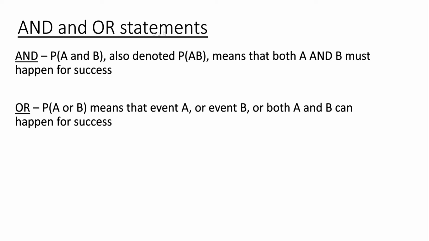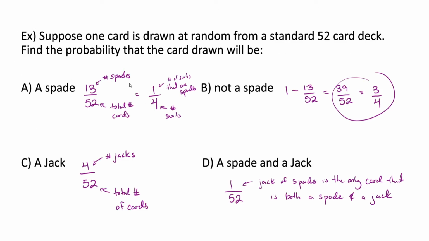Now we'll talk about and or statements. Let's say we're being asked to find the probability of A and B. Another way we could write this is just P(A and B), which means that both A and B must happen for success. So when we go back to this other example, a spade and a jack, if we have a card that's